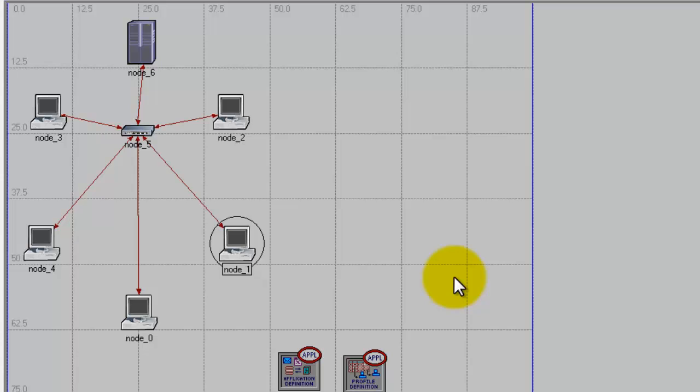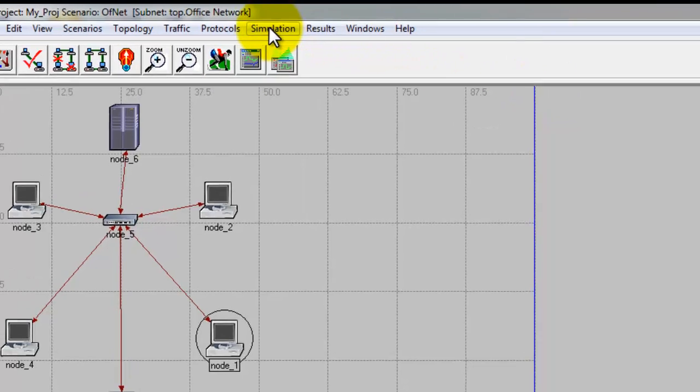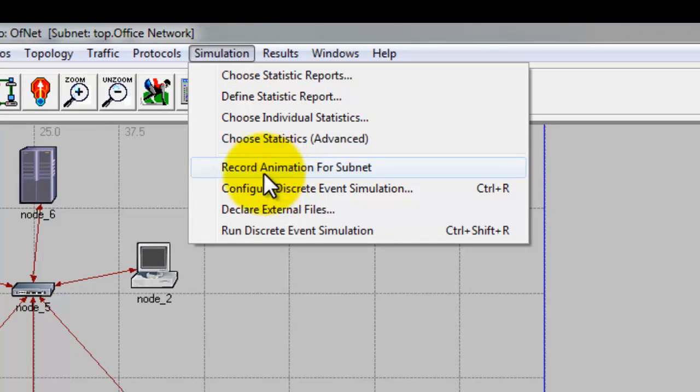So now we need to run this simulation. In order to run, we click on this icon over here, run simulation. Before running this, we need to set an option in the simulation, choose this option, record animation for subset.